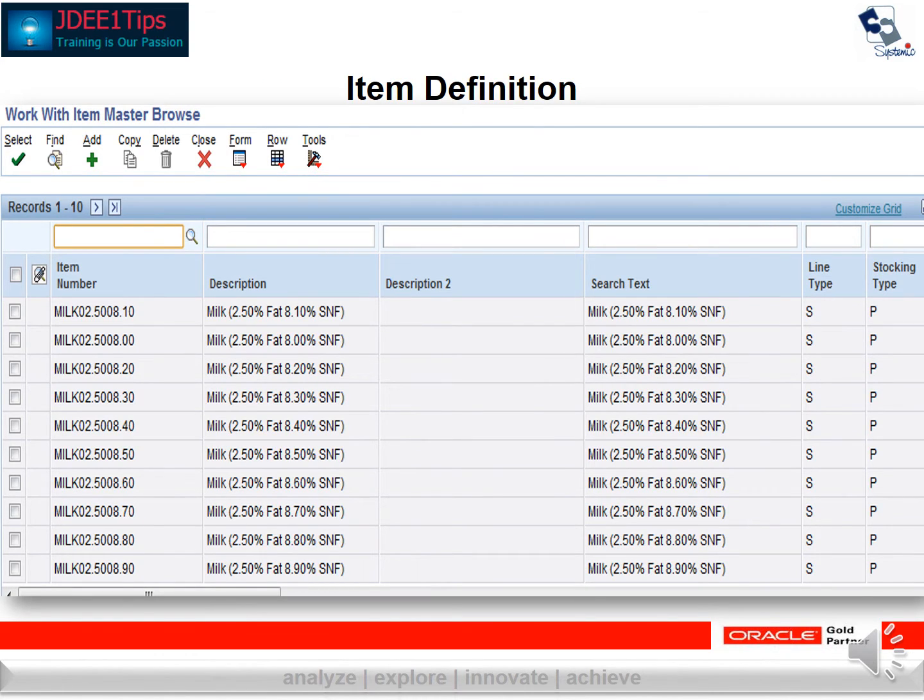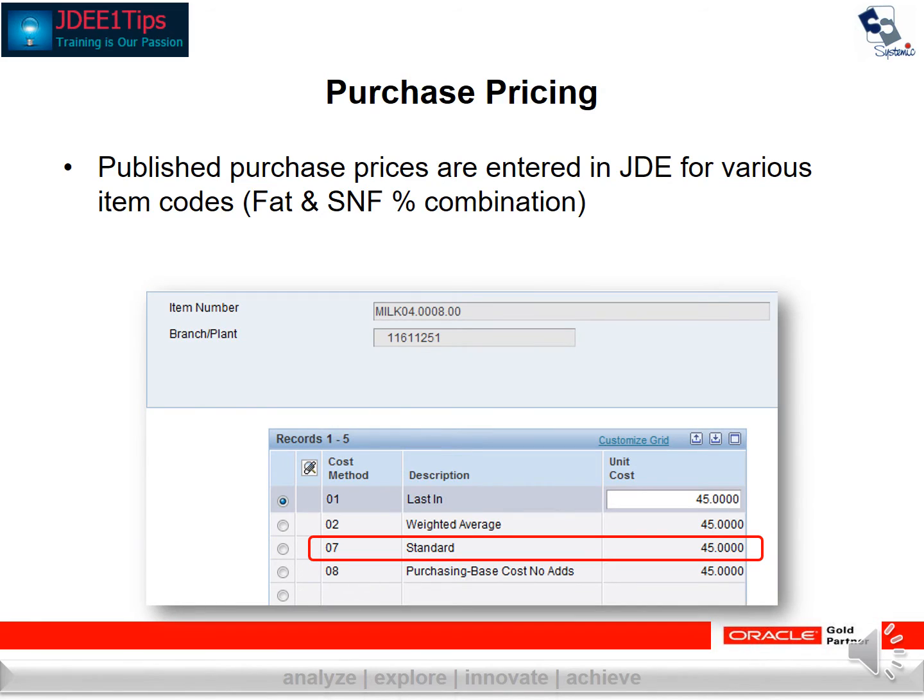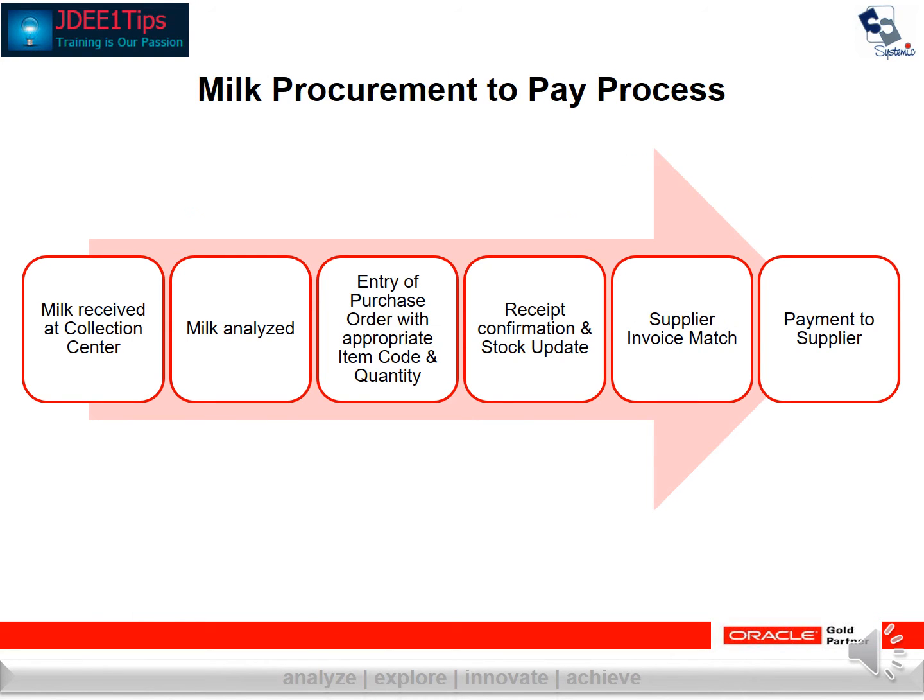So your item codes would look like this. The item description would define adequately what is the percentage of fat and the percentage of SNF, though the item code itself embeds these values in the code. The purchasing price could be based on this combination for a specific item number. For a given costing method, you could define the purchasing price